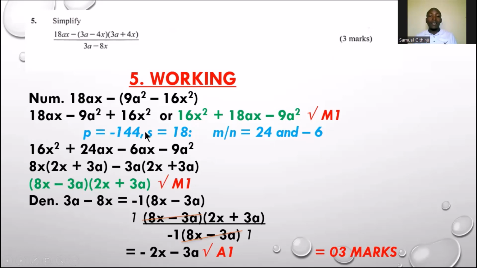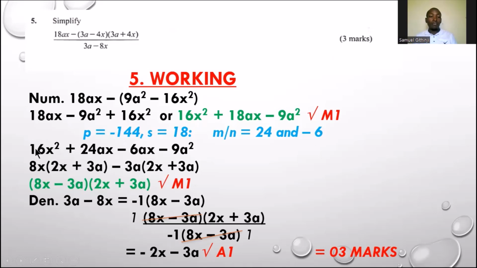Okay, if the product is negative, one of the numbers is negative and the other one is positive. What dictates the two integers? It is the sum. The sum is positive. That means the bigger number here is positive. Simply like that. If I go ahead and do the factorization, the ordinary factorization, as you can see, my student